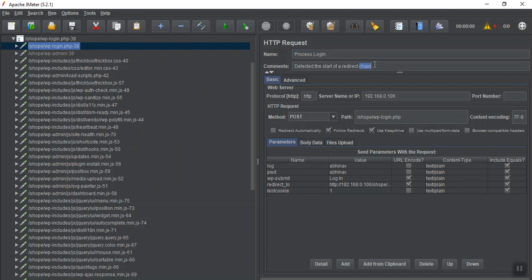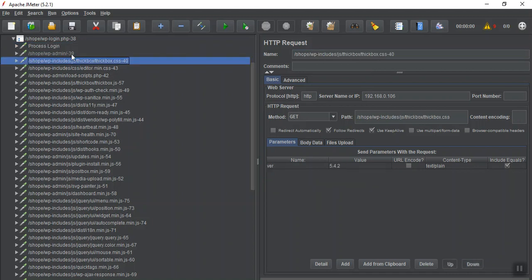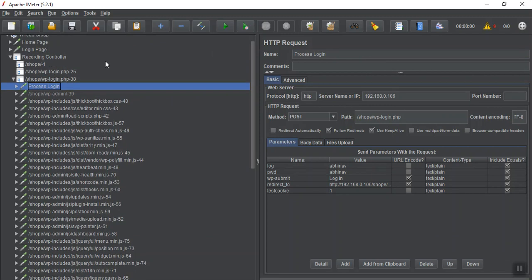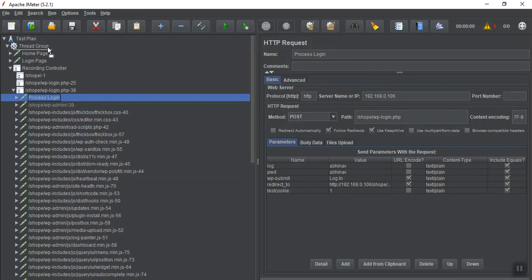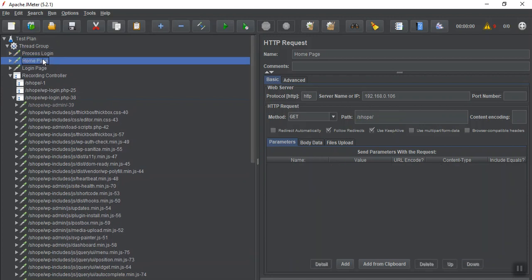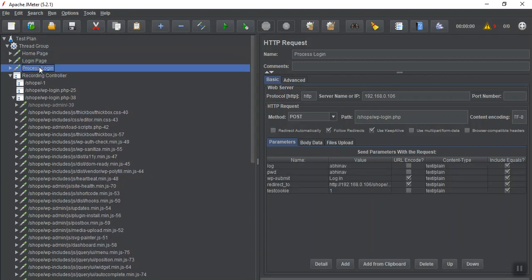Fine, let's delete this line. Okay, and let's keep it also outside. So process login is at our third number now.